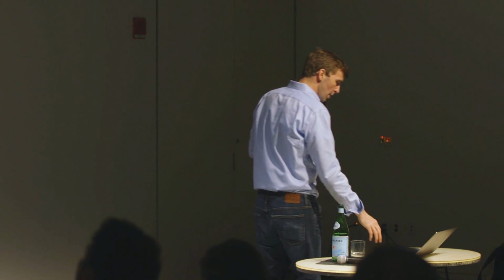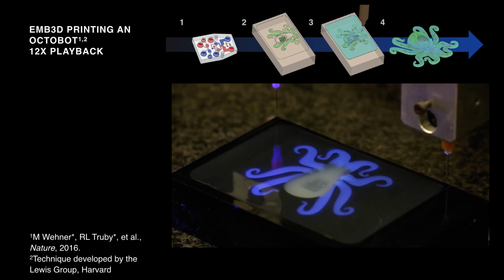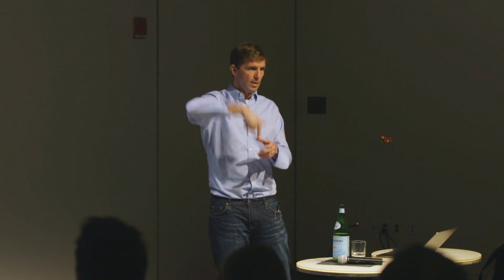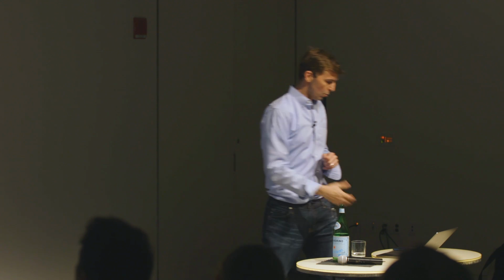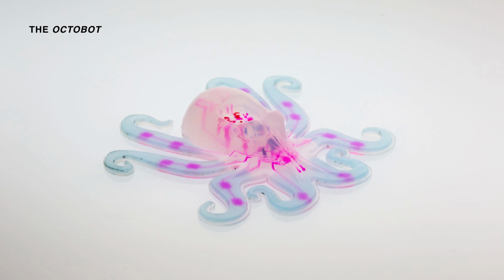And then the last step, which you didn't quite see, but it's sort of illustrated on the top here, is prior to all of this, we use soft lithography techniques to create this microfluidic control system, plant that in the uncured elastomer matrix, and then print into that device as well. And so what that gives you at the end is this, which we call the Octobots,